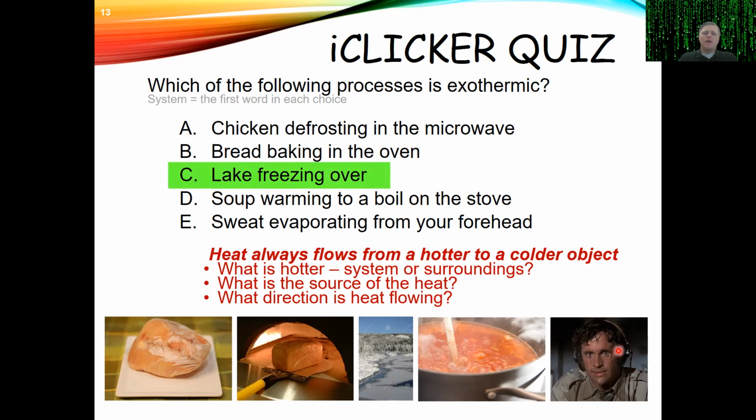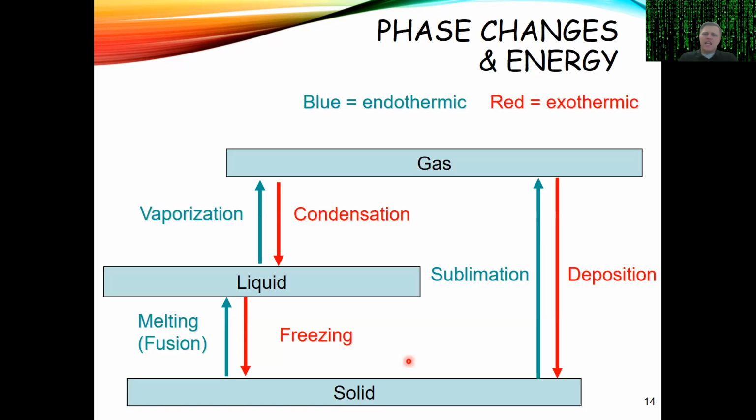All right, so we've talked about at least two phase transitions here. The soup boiling is another one that we kind of glossed over, but with the sweat and the lake freezing. So let's get into our phase transitions. Anytime you're going from a more ordered state to a less ordered state, so if you're going from a solid where everything's held in place and it's all very structural, to a liquid where now things are moving about, or even to a gas where things are just randomly, chaotically bouncing around. So anytime you go to a more chaotic system, that is going to be an endothermic process.